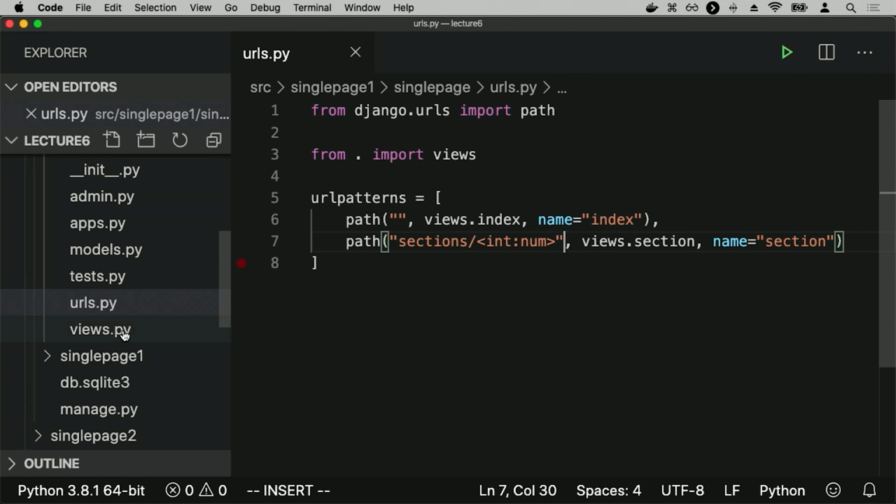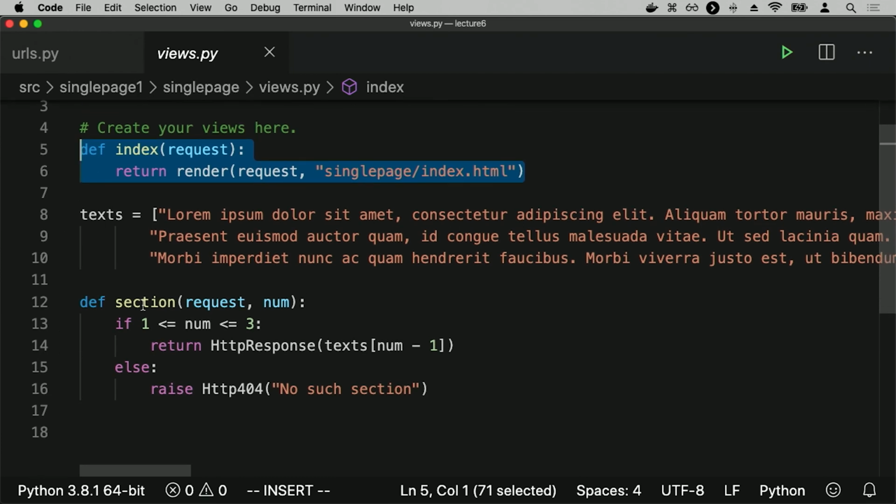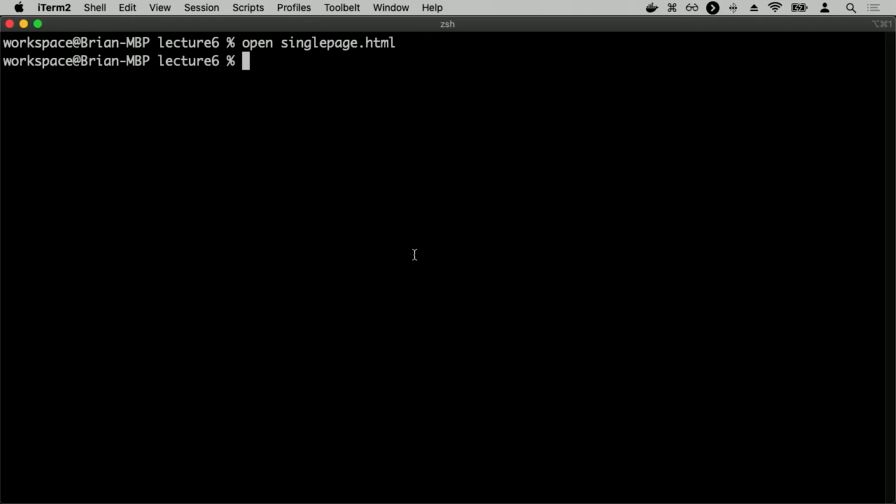And if we look at the views for what it is these URLs are actually doing, the index function just returns index.html. And then what the section function does is it first makes sure the number is between 1 and 3, and if so, responds with one of these just strings of text, for example. So how does this actually work? If I go into single page 1 and run the server,